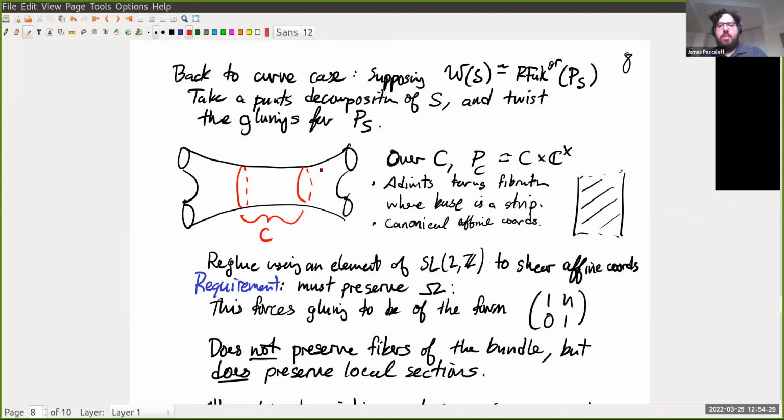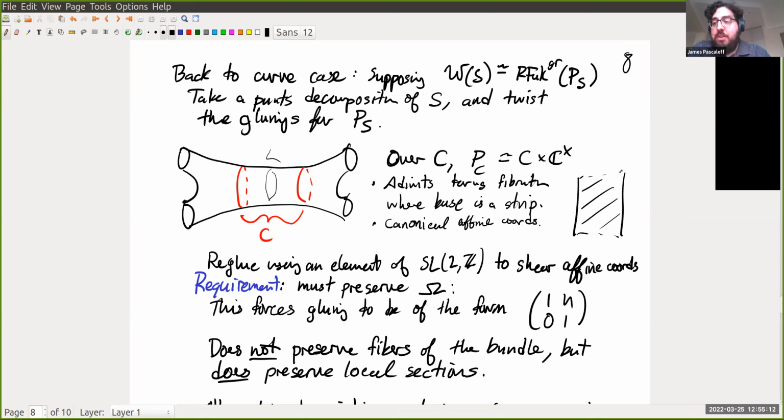So what you need to realize is this. Suppose I have some kind of cylinder that I want to twist along. There's also this core circle here. Let's call that circle L. What I'm really imagining is that I have a pants decomposition of the surface. This L is one of the circles in that pants decomposition, and I'm just doing something locally near that circle. So near that circle, this P of C, where C is the cylinder,